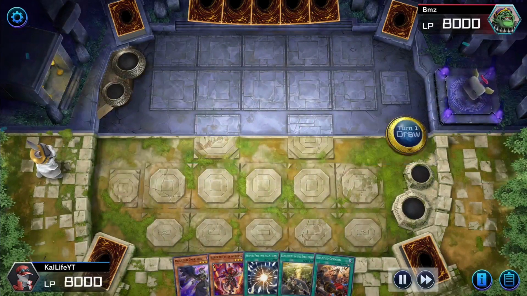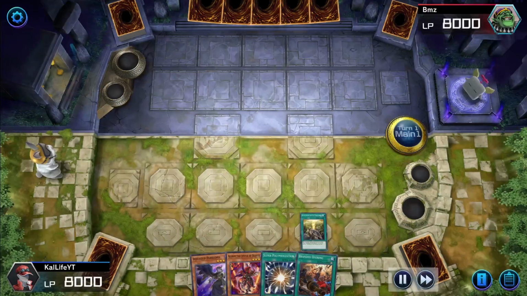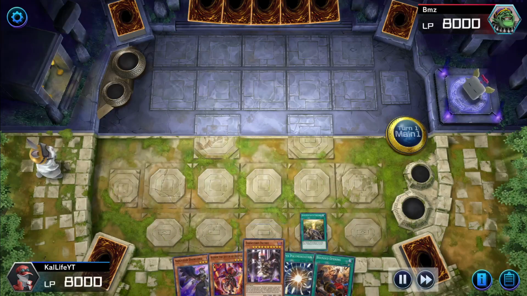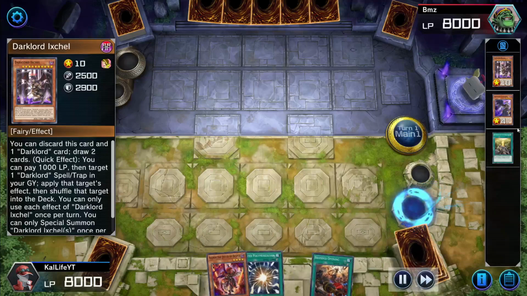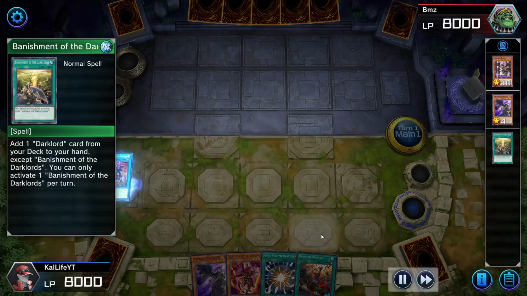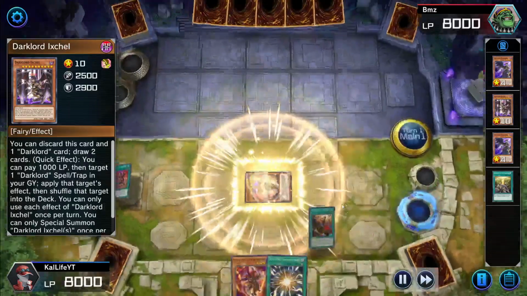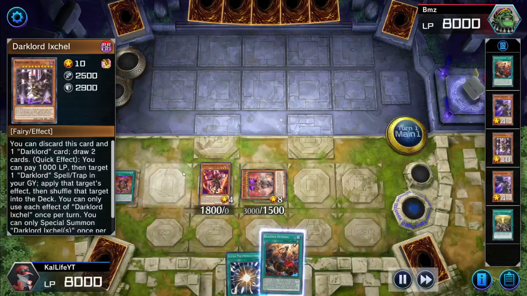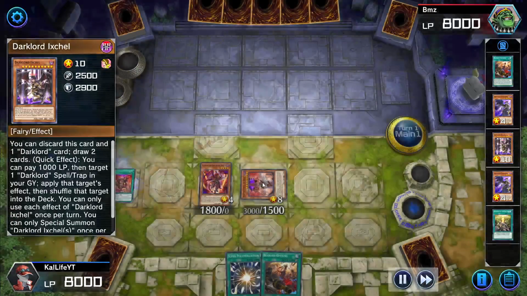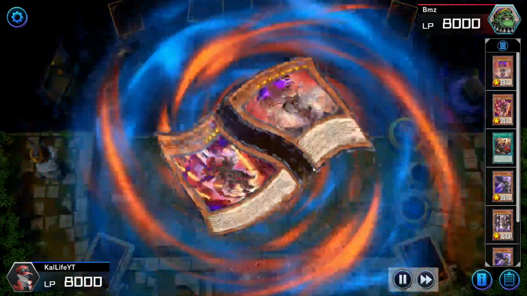All right, so here goes round 2, and we are playing against someone named BMZ. And so I'm gonna start off by using the Banishment of the Darklord card, which allows us to go ahead and basically bring a Darklord to our hand. I choose Ixchel, and then from Ixchel, I'm able to discard 2 Darklord cards to get 2 draws. Then I go ahead and summon out our Dramaturge using the Branded Opening,